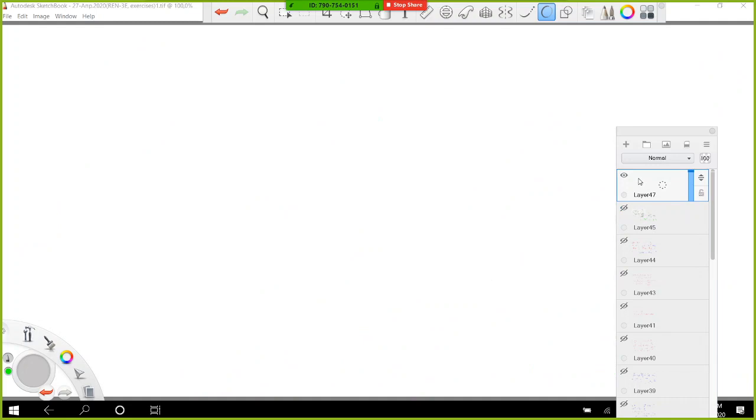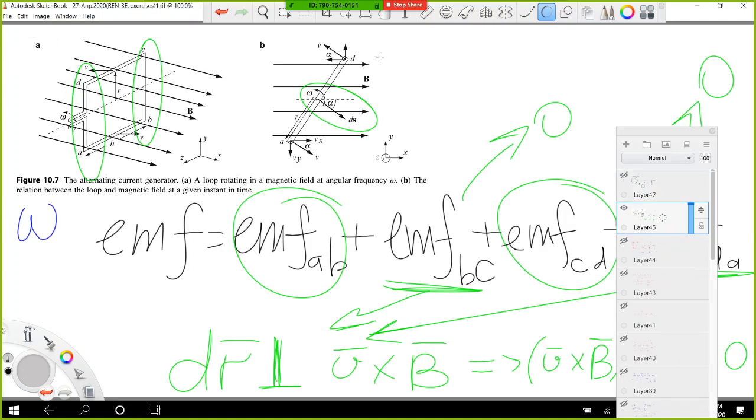So now, in order to compute electromotive force in these sections, we have to find velocity vectors in these sections. So the velocity vector in AB is equal to, if we look at this second picture, the velocity here equal to